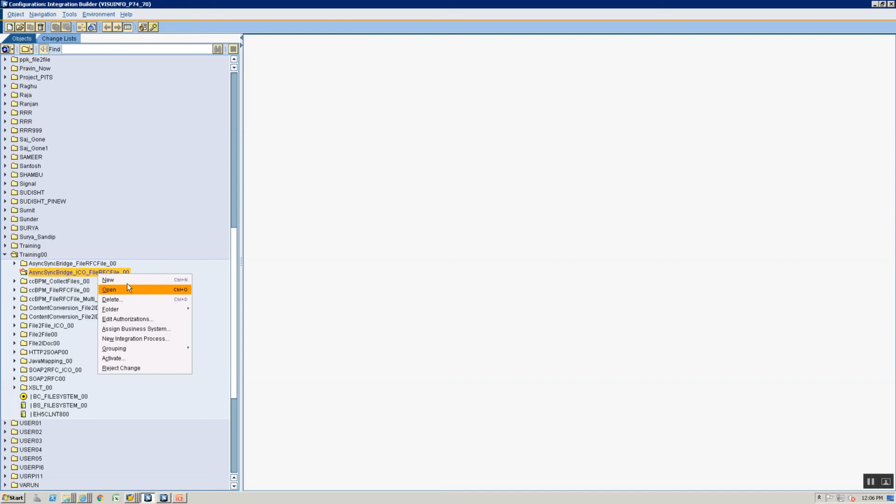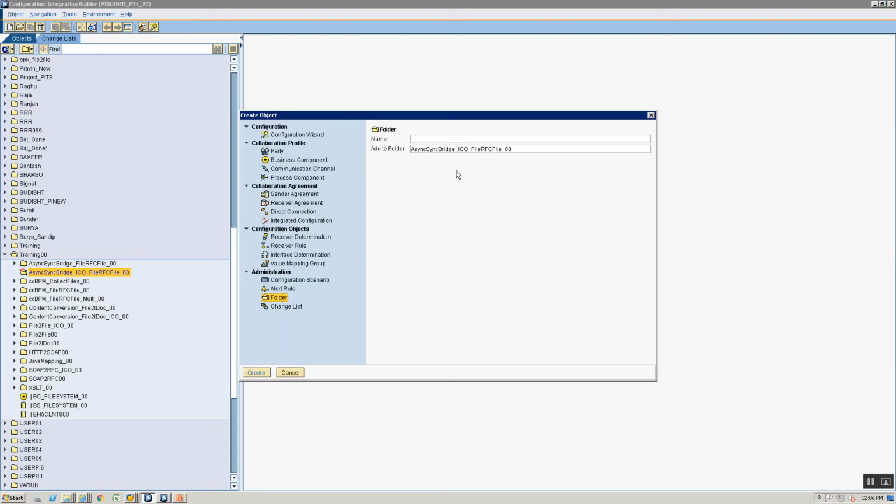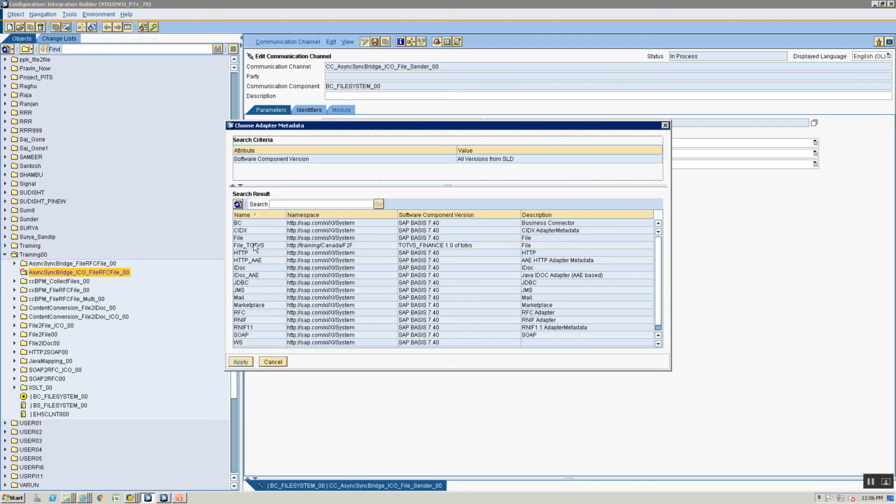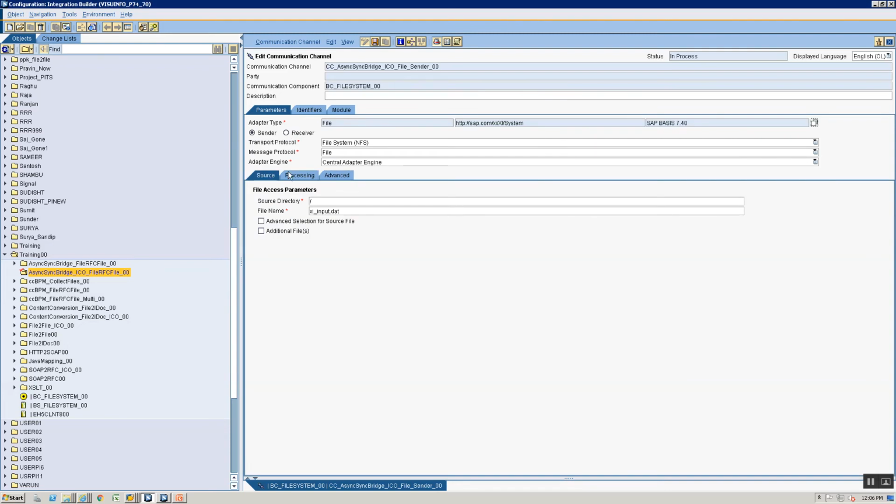So now we're going to create a sender file adapter. I'm going to go to communication channel. I'll say BC file system 00, CC async sync bridge, and let's call it ICO underscore file underscore sender underscore 00. This is my sender file adapter, so I'll select the file adapter as my sender file adapter, and then in my integration directory, the directory is going to be